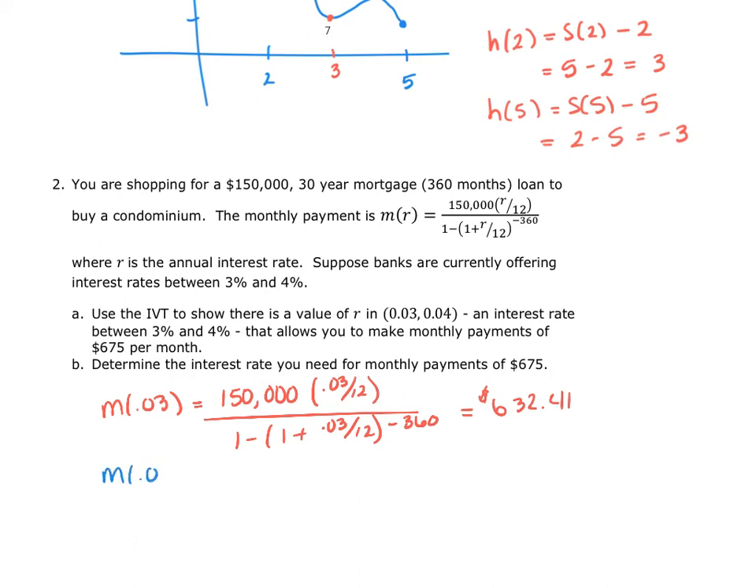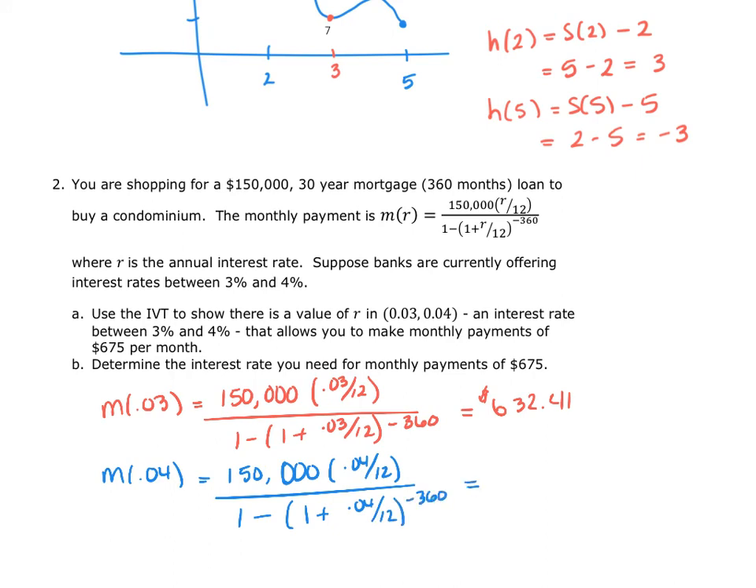So now let's do this again, but with 4%. So M of 0.04 is 150,000 times 0.04 divided by 12 over 1 minus (1 plus 0.04 divided by 12) raised to the negative 360, and we get